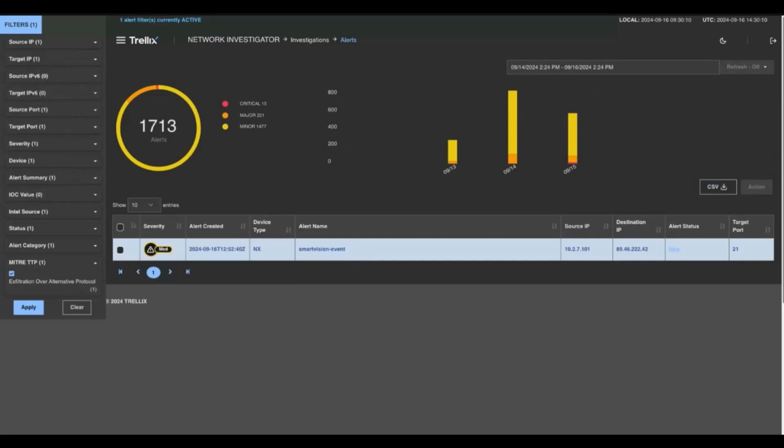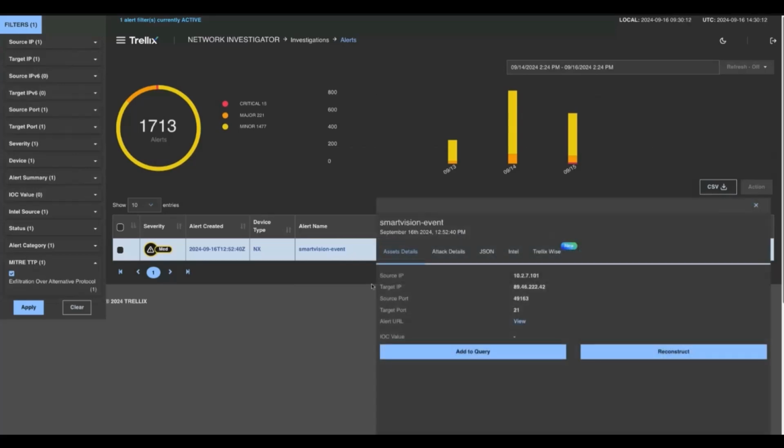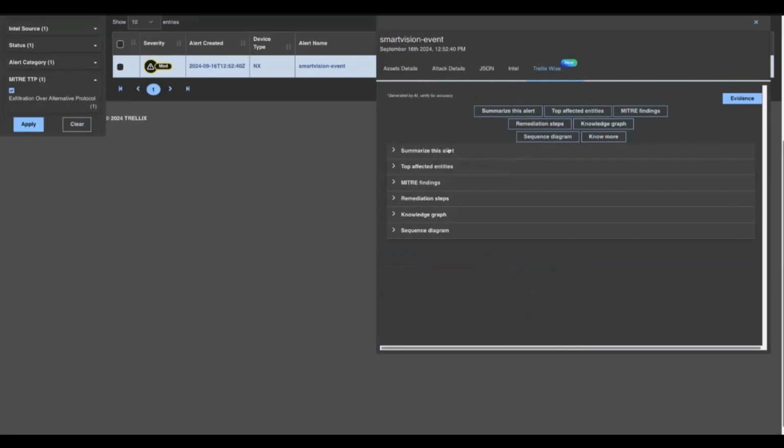Now, let's go a little deeper and get some information on this detail. In the prior alert we looked at, we talked about the asset details, the attack details, and other items that are part of the alert details. But in this case, let's focus on Trellix Wise, our GenAI capability that's built into our NDR solution. So going deeper into Trellix Wise, this gives, for example, let's say we have a junior analyst or a level 1 analyst that needs a little more information